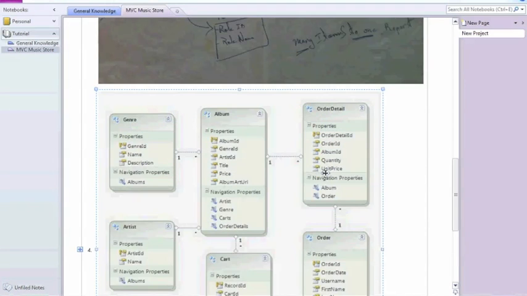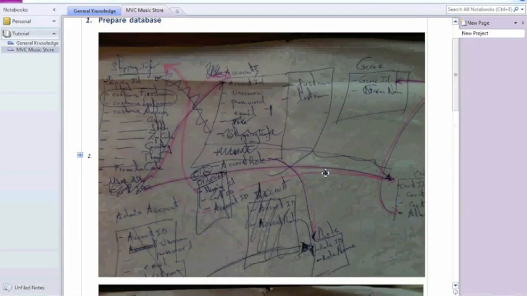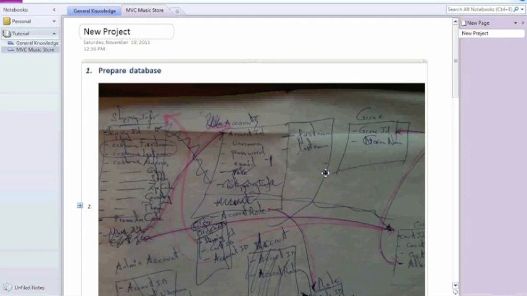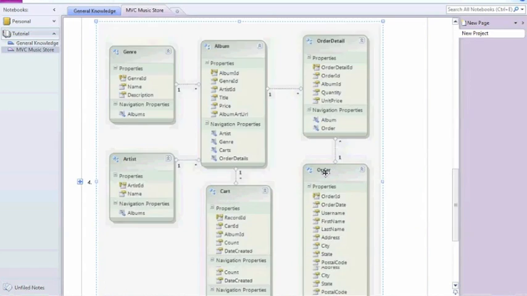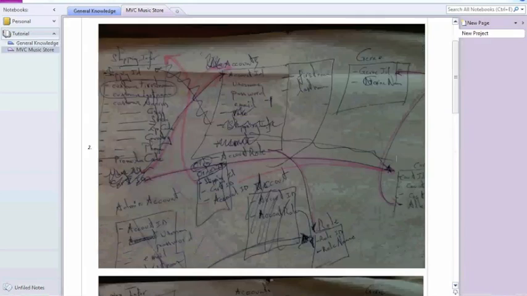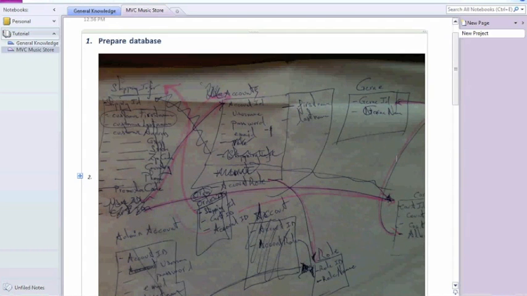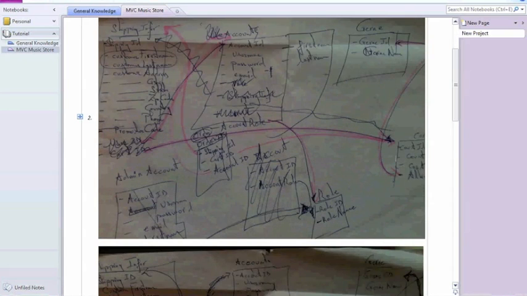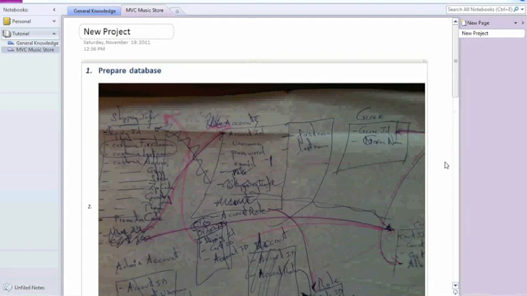Alright, the first part to prepare our project is to prepare the database. I'm not sure that I have time to show you step by step how to create a database, but hopefully you know how to create it, because I want you to work with a database, because the real world, and